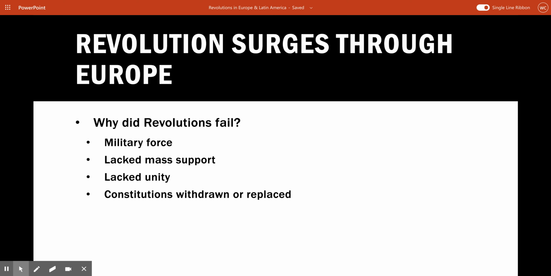One example is in Hungary, where Hungarian nationalists were led by a journalist named Louis Kossuth, who demanded an independent government for Hungary. He wanted Hungary to be independent from the Austrian Empire. He wanted an end to serfdom and a written constitution to protect basic rights. And what ends up happening is the Austrians send in the military and the Austrian troops regained control and smashed the rebels in Budapest in Hungary.